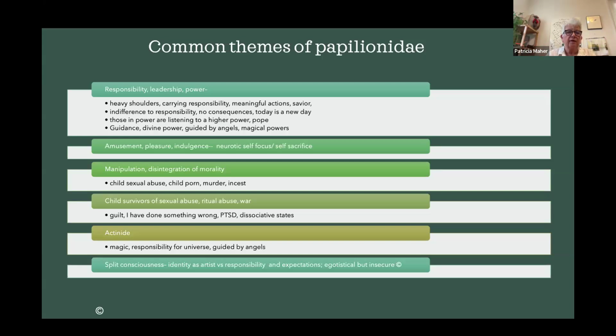So again, we see these polarities. We see manipulation of other people and a disintegration of morality, even to the level of child sexual abuse, porn, incest, even murder. I mean, when we did a trituration proving, a lot of these very heavy themes showed up, and I see it reflected in the proving of the Eastern swallowtail, there were themes of nuclear fission that came up again and again and again, even to the degree we were sitting outside on a porch